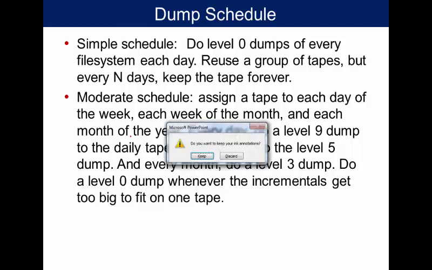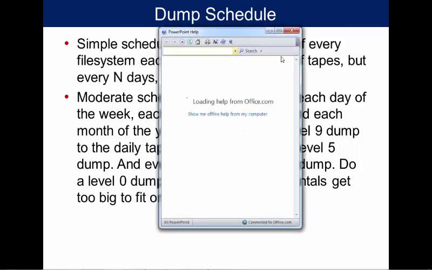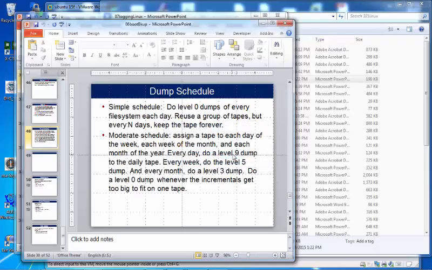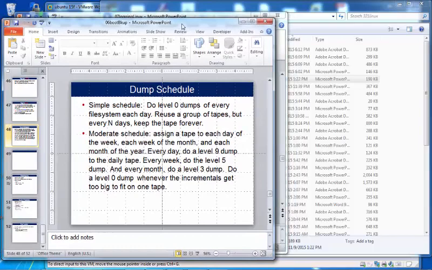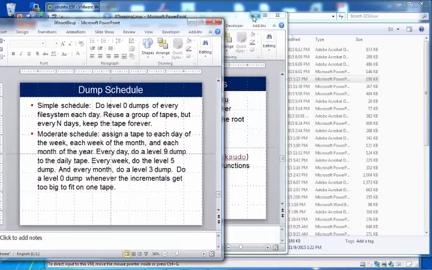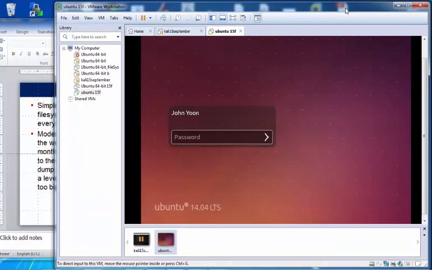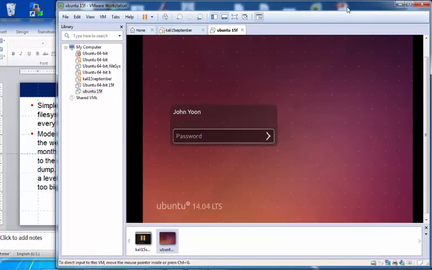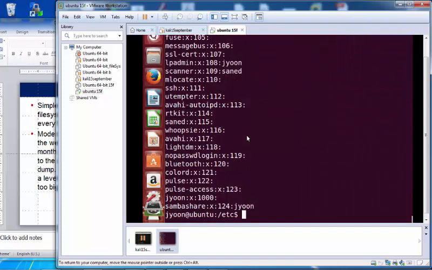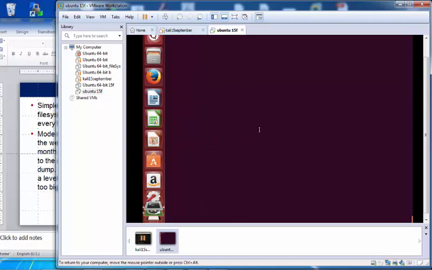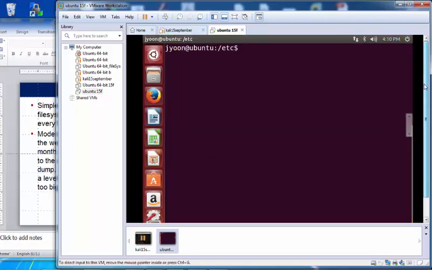So what we will do with this PowerPoint, run Ubuntu. All right.